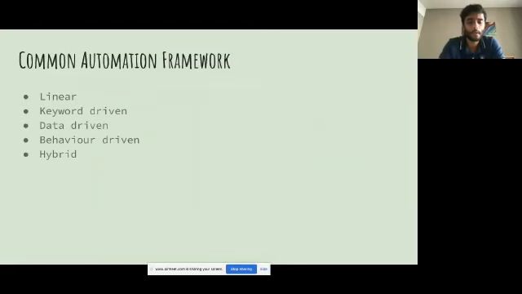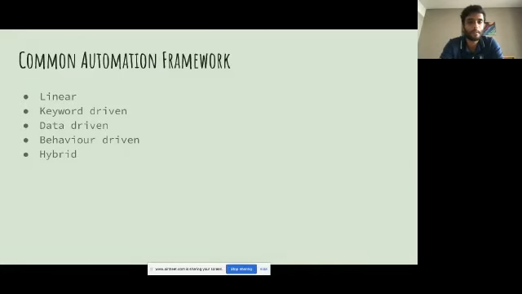Now, coming to different types of automation framework. The list varies and there are a lot of others as well, but I want to cover the most common ones. The first one is obviously the linear one. A linear automation framework is nothing but writing your test script in a linear, sequential way.